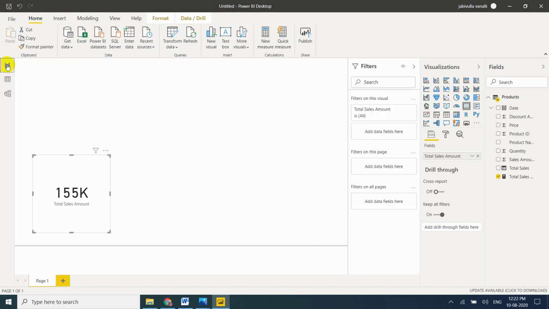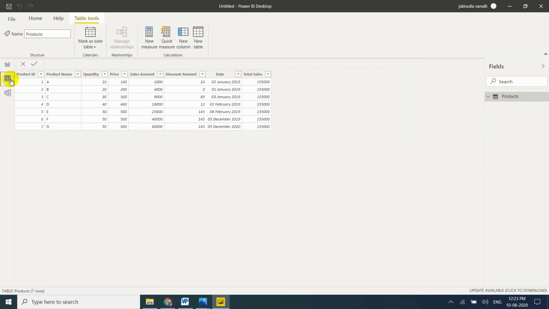Okay. Now I want to clear one thing for you. Whenever you load tables into Power BI Desktop, whatever columns contain numbers, for example, see here, Product ID is a number, Product Name is text, Quantity is a number, Price is a number, and Sales Amount contains numbers, Discount also contains numbers. So whenever it loads into Power BI Desktop, whenever columns contain numbers, it automatically sums.